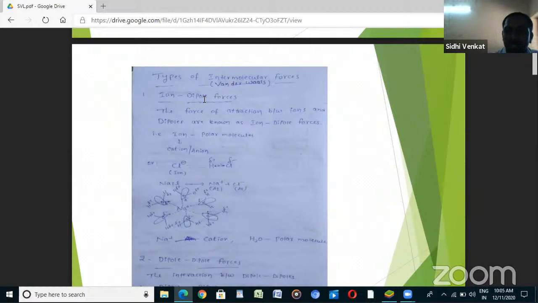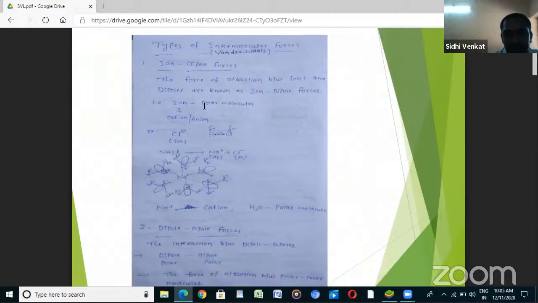It is the first one, student. What is the first one? Ion-dipole forces. What is meant by ion-dipole forces? The force of attraction between ions and dipoles. Here dipole is nothing but a polar molecule. Okay, understand, student? And the second one,